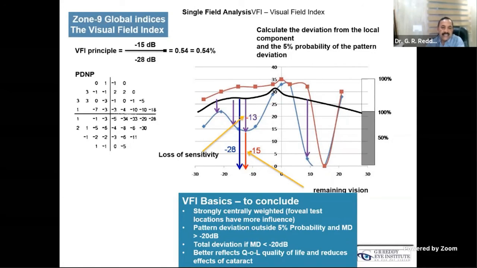But it is very difficult to explain to the patient in terms of mean deviation. So one best example for the visual field index is that you can explain it to the patient. And another important thing is it is included in the visual field glaucoma progression analysis. In glaucoma progression analysis, depending on VFI and the guided progression analysis, GPA, the visual field index is taken into consideration. But another disadvantage of the GPA is that the visual field index calculation in 10-2 is not calculated.